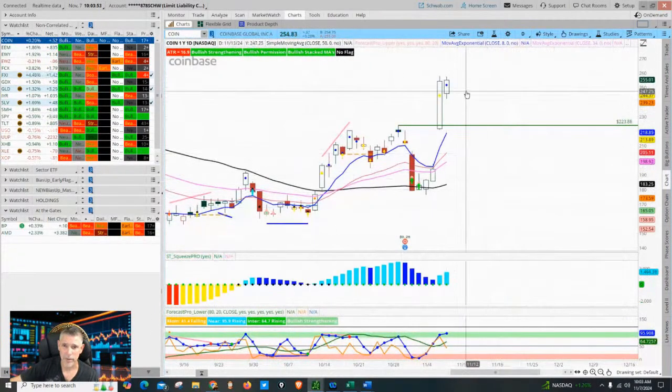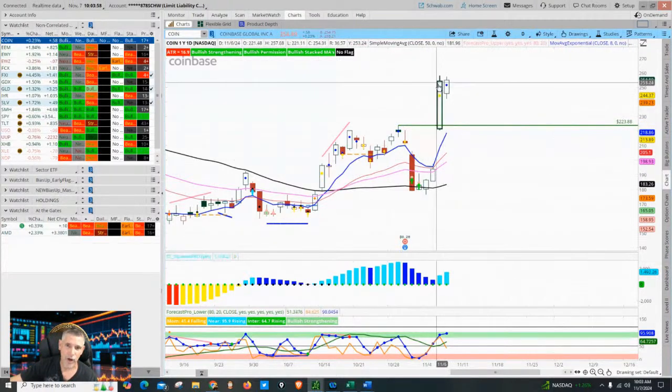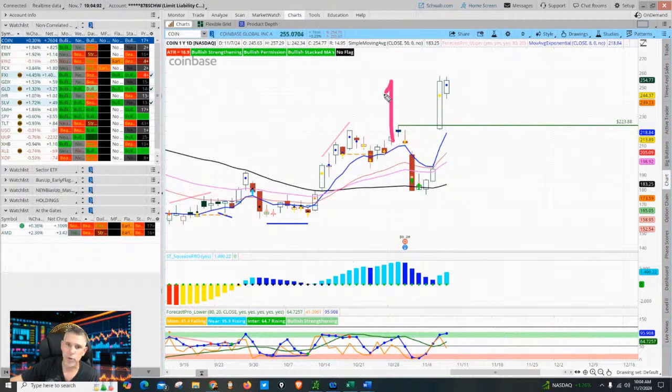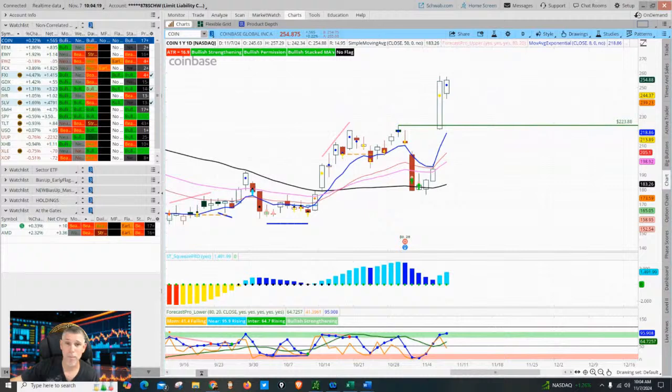Coinbase, bias up. Beautiful rebound, and I like it. That looked exactly like Bitcoin yesterday. What did Bitcoin do yesterday? Broke to an all-time high. Look at Coinbase. It broke to a high. I don't know if it's an all-time high, but it broke to a high. Pull back. Bitcoin was doing that. If Coinbase goes up, this looks almost identical to Bitcoin. Coinbase. Remember that. And with Coinbase, you can trade options, right? Which is good. You can hedge your Bitcoin by trading Coinbase. Just so you know. All right, no setup.